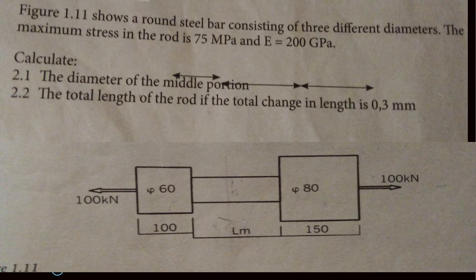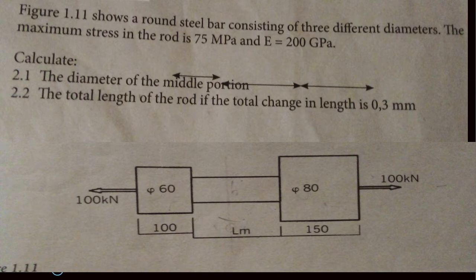We are doing another question on stress and strain, and the question reads as follows. Figure 1.11 shows a round steel bar consisting of three different diameters. The maximum stress in the rod is 75 megapascal and we are given the Young's modulus as 200 gigapascal. And then the questions they say, calculate the diameter of the middle portion. And then number 2, they say, calculate the total length of the rod if the total change in length is